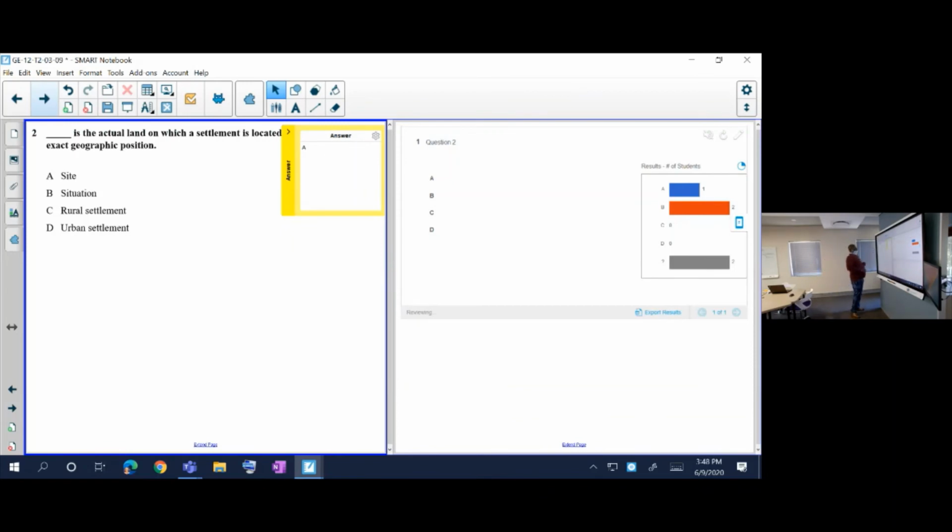So if we come to the area where the question is, an actual land on which a settlement is located in terms of the exact geographic position is called a what? A site. Now, a rural settlement is not